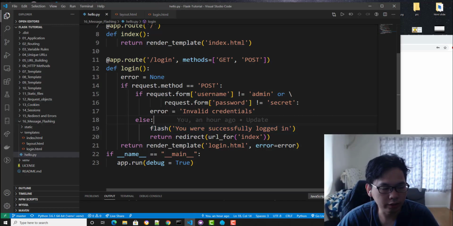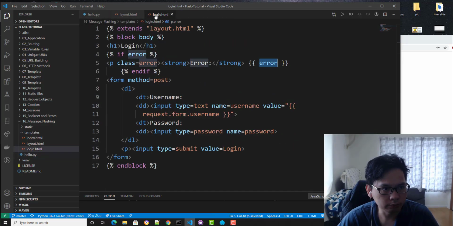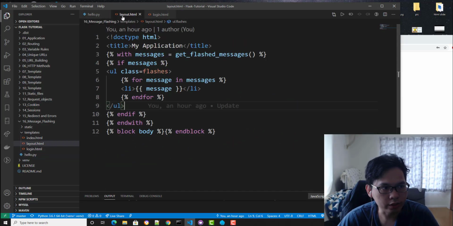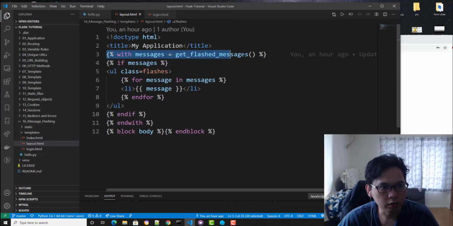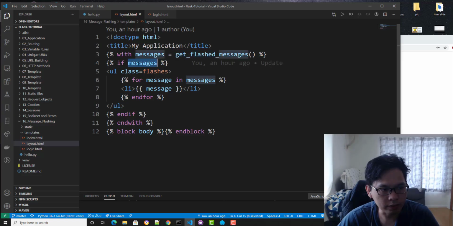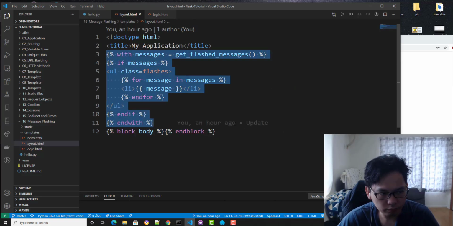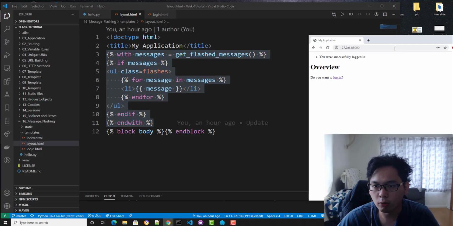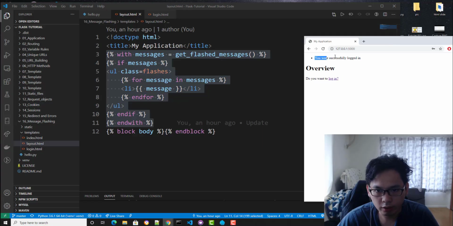Nothing too overcomplicated. We're going to go to this login one. You're going to use get_flashed_messages. If there's a message, if it has a value, you're going to loop over it. It's kind of weird if you think about it, but this is all you're going to do. I'm not going to overcomplicate it, I already showed it to you.